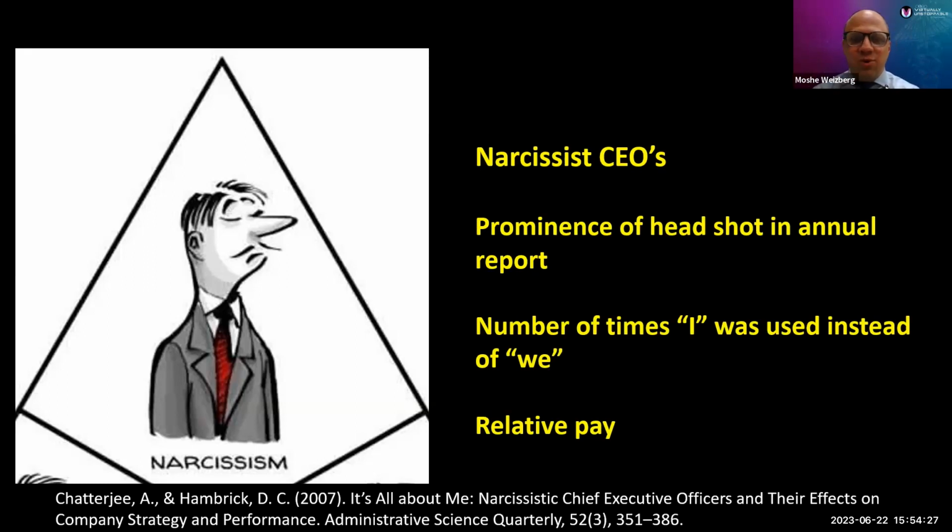They look at their annual report and see how big is the picture that the CEO puts in of themselves. When they report what their business is up to, how often are they saying, I did this and I did that and I created this and I achieved that, versus what we did as a group. And they also look at how much or how not so much they pay their employees. And CEOs that had very big pictures and talked about themselves a lot and used the first person about themselves were graded very high on the narcissistic level.